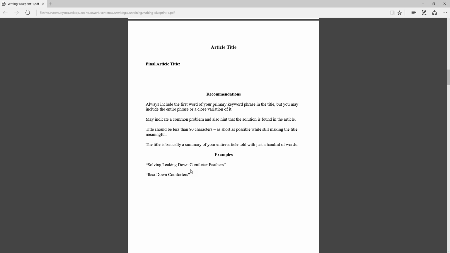Solving a problem is something I mentioned earlier. It's very common online. There are all kinds of problems out there that people are looking to find the answer or the solution for. A lot of times that can lead to traffic and sales for you if you can set up these situations correctly.